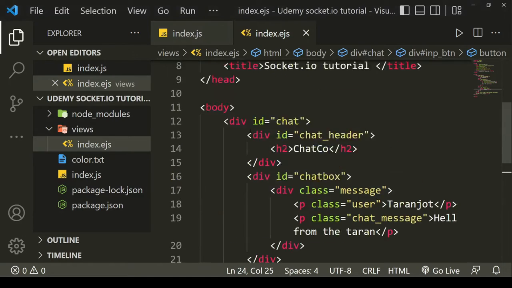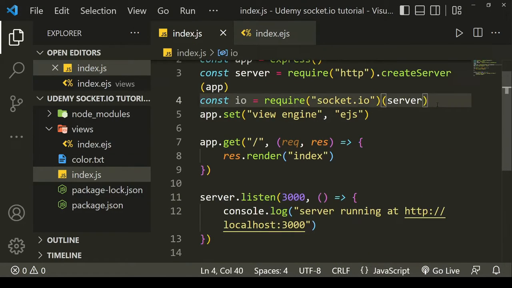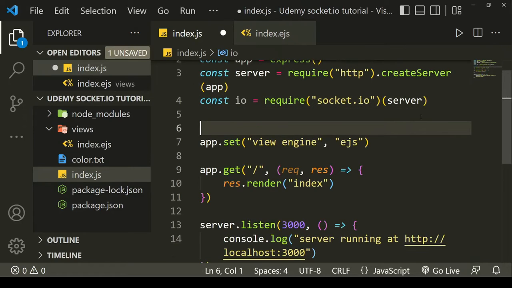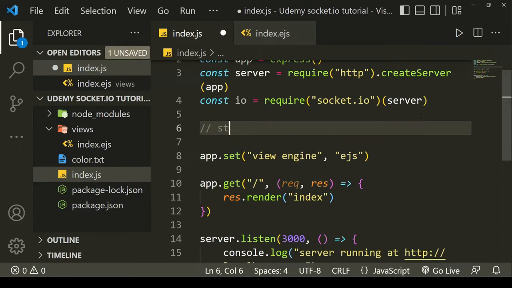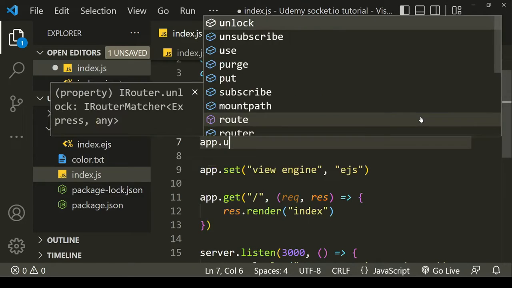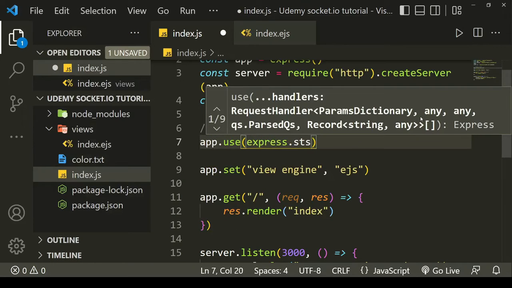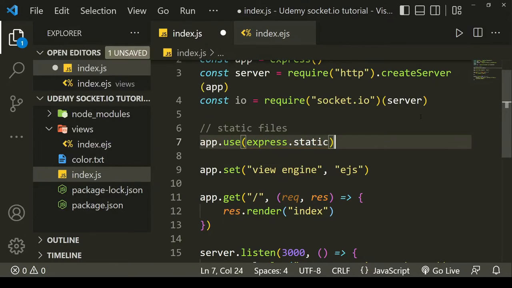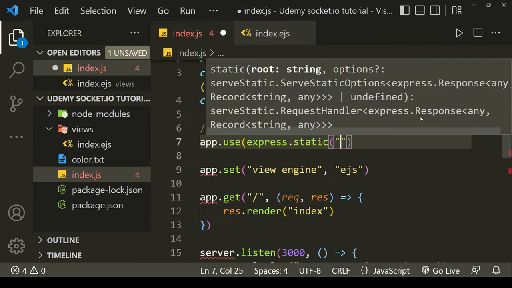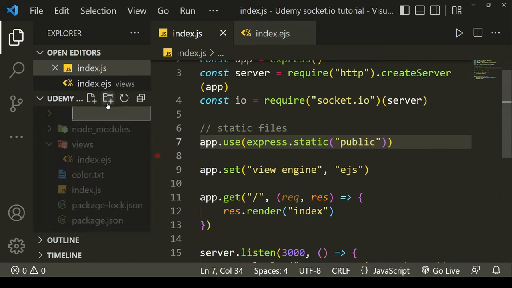In order to add static files, first we have to do some settings for static files. So I will type here static files, and first we have to type app.use express.static, and then in it we have to specify a folder name. So I will give it public, and now I will create a folder with name public, and in that folder